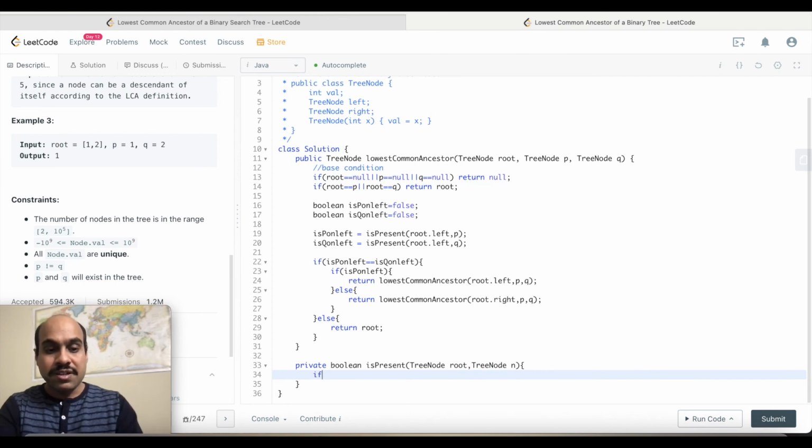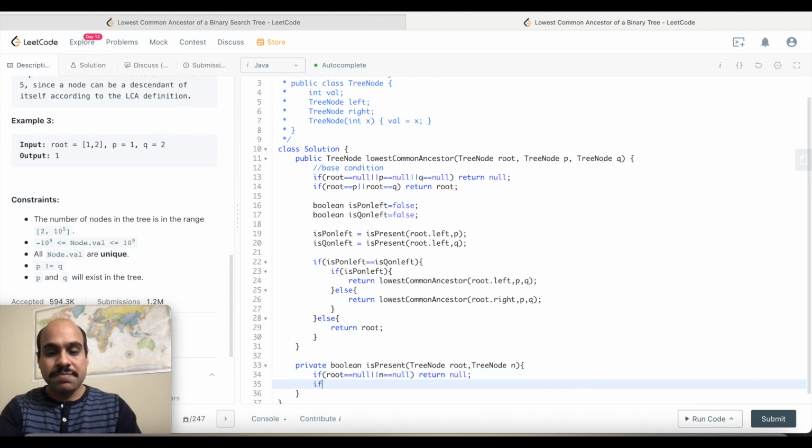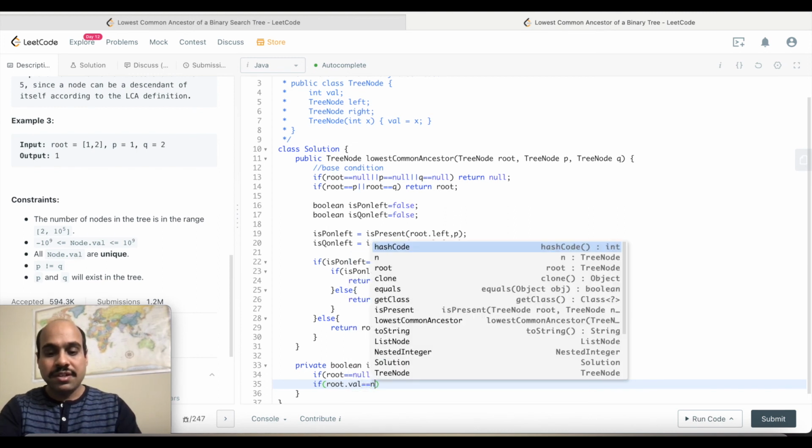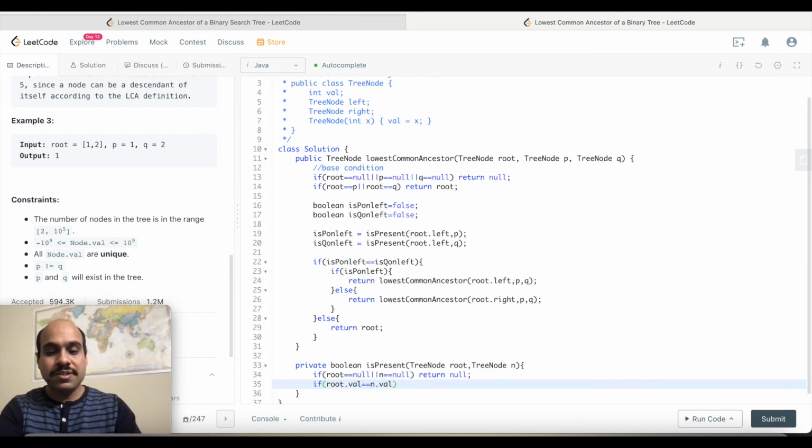Okay, so again, whatever function you write, just write a base case. If root equals null, return false, or you can check for n also. Then if the current node's val equals n dot val, you know that it is there, so you can simply return true.